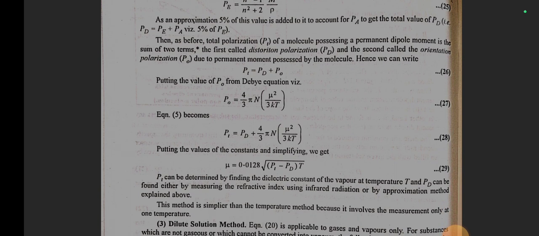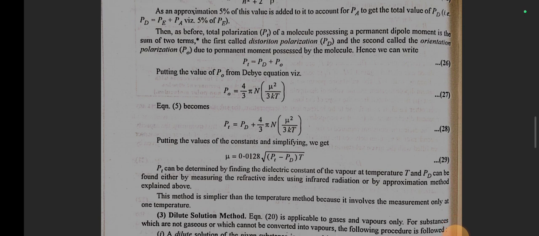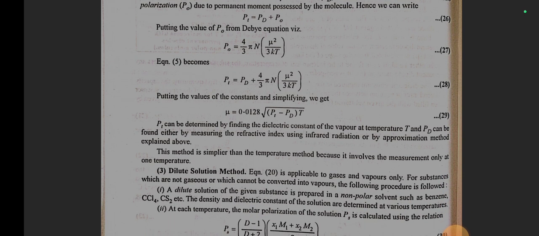Putting the value of P naught from the earlier equation, P naught is equal to 4 by 3 pi N into mu square upon 3 kT, equation 5 becomes Pt is equal to Pd plus 4 by 3 pi N mu square upon 3 kT. Putting the values of the constants and simplifying, we get mu is equal to 0.0128 under the root (Pt minus